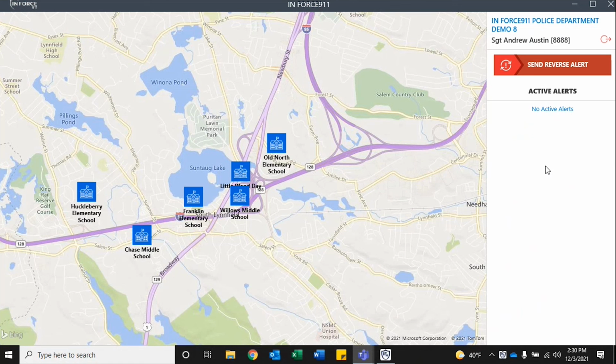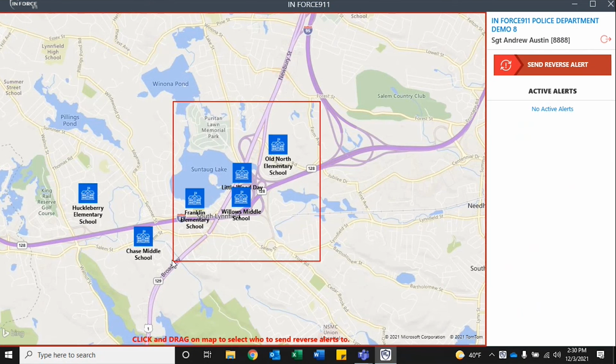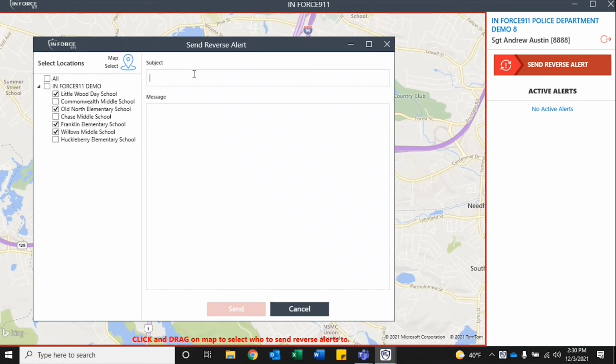Inforce 911, same idea, bypasses the phone system and allows law enforcement to directly reach key personnel inside the building, and then they can just focus on the task at hand. To show you a quick demonstration, this is the law enforcement interface here. It has all of the schools presented on the map, and when they send the reverse alert, you can choose all schools. You could choose one or two schools. You could go right on the map and circle the area where the threat is and send the alert to that area. You could say something like lockdown,